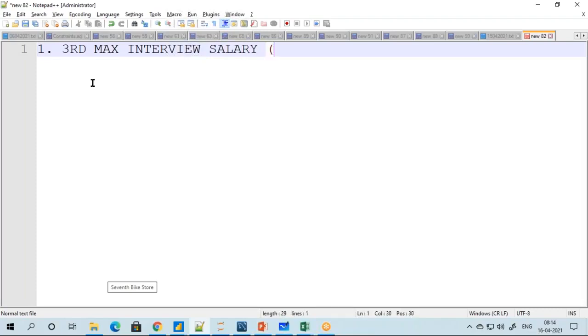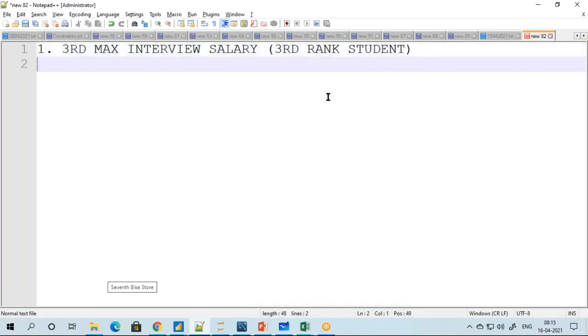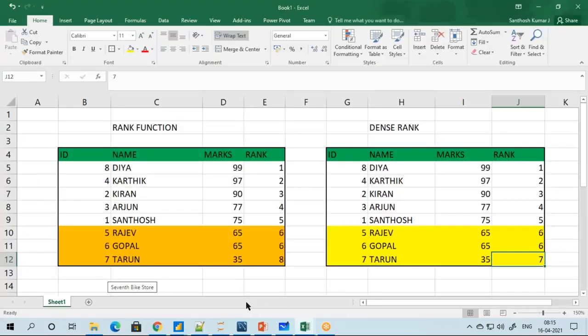In case, nowadays they have started changing the trend: third rank student. I will explain this also. Same thing, I'll explain this also. Okay, what you have to write is, you tell me